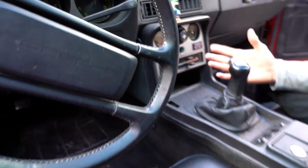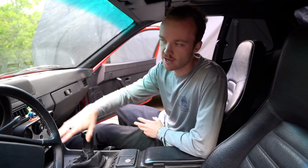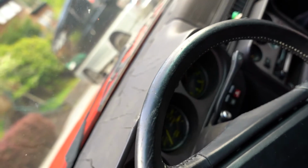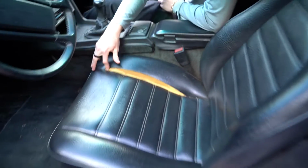Coming inside of the interior on my 83 944, as you guys can see, it's an early model, as you know, because it's an 83. Now my dash is pretty cracked. That's kind of one of the biggest things I noticed when I first bought the car. And obviously we have this tear in the seat right here. Probably gonna get this re-stitched up, but when I do the safari build, it is gonna